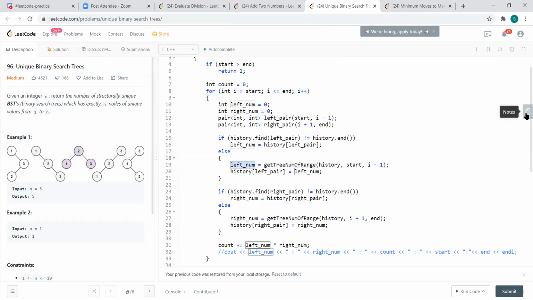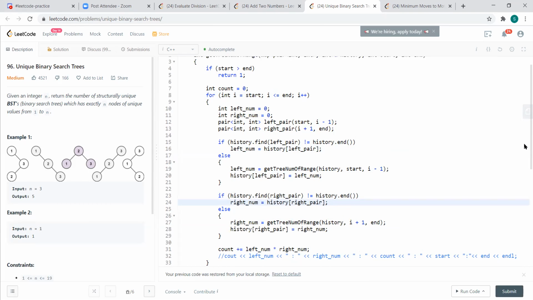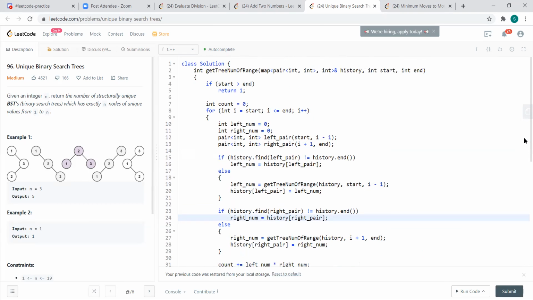So this is exactly the way you have done, but if you look at my code, I have too much implementation, and if it is already cached, I try to return it. So, sort of memoization. I just return the right and left subtree; I don't have to calculate. But then we can go ahead, as the way you did, instead of start to i minus 1 and i plus 1 to end.